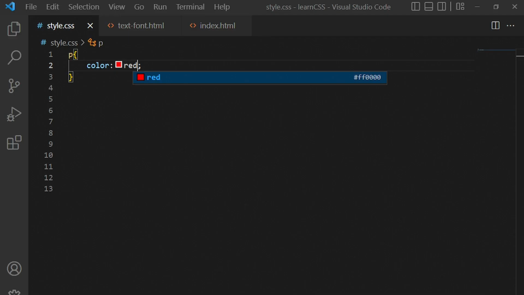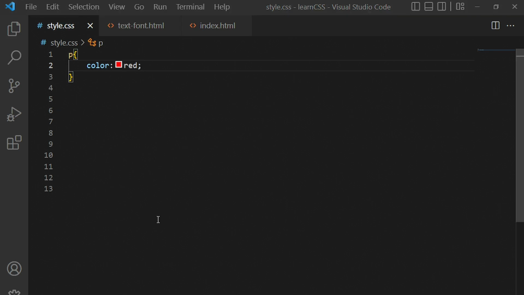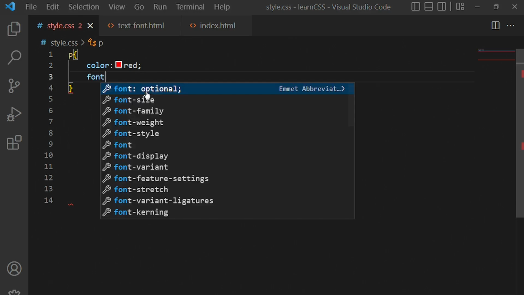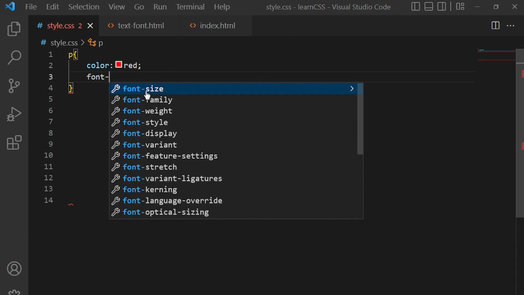The next thing we can talk about when it comes to text and font is changing what we call the font size. Now when you go back to our web browser, you can see that our text is actually smaller on the browser until we apply size to it. So we can apply size to our font by going to our code editor, and then we simply come down and put font size